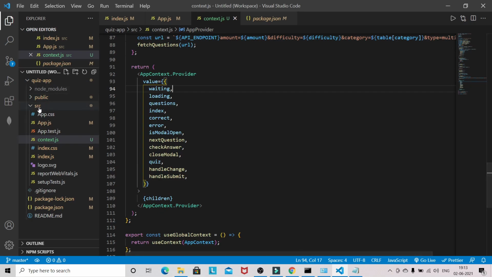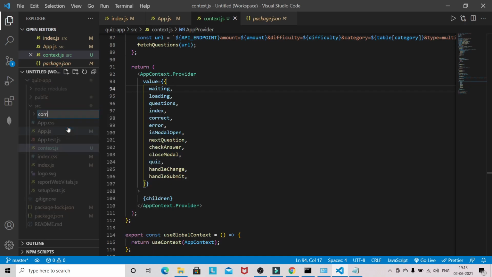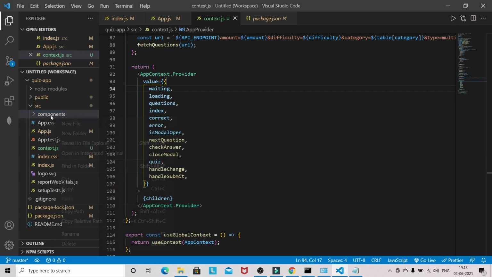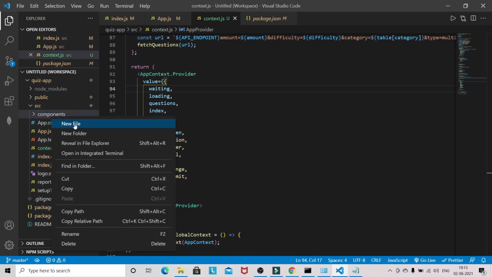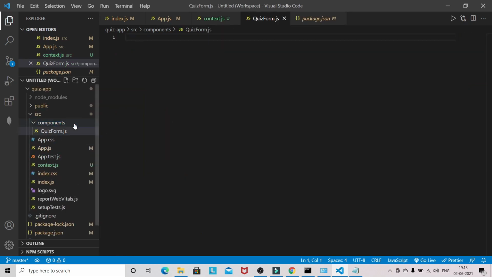Here first I will create a components folder, and first I will set up the quiz form, QuizForm.js.